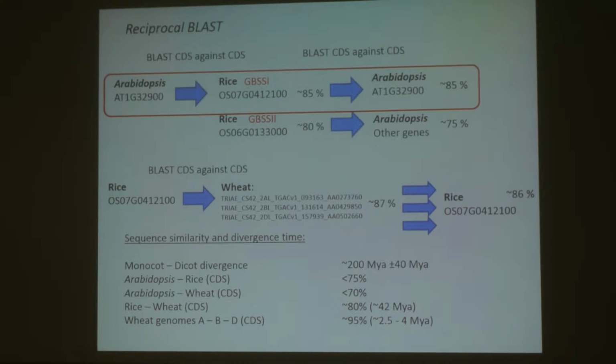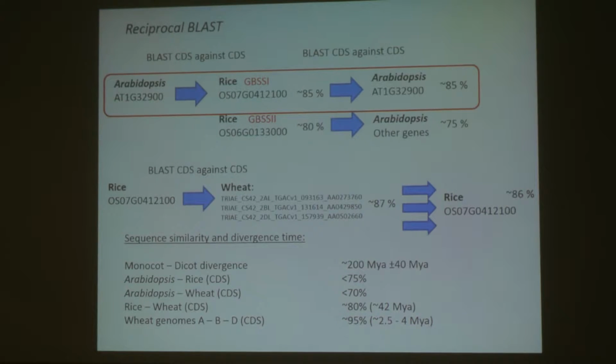You'll notice above that actually in this example the similarity is a bit higher than 75%, so nearer to 85%, and that's probably because this gene is maybe a highly conserved metabolic gene, so maybe it has less divergence between the monocots and dicots. If you go from rice to wheat, like we did, then you might expect a similarity of about 80%, and in this case again we had more similar sequences, and perhaps this is because it's a